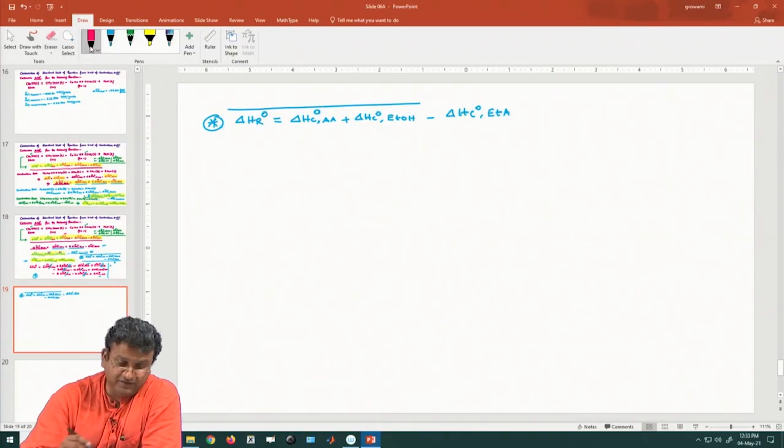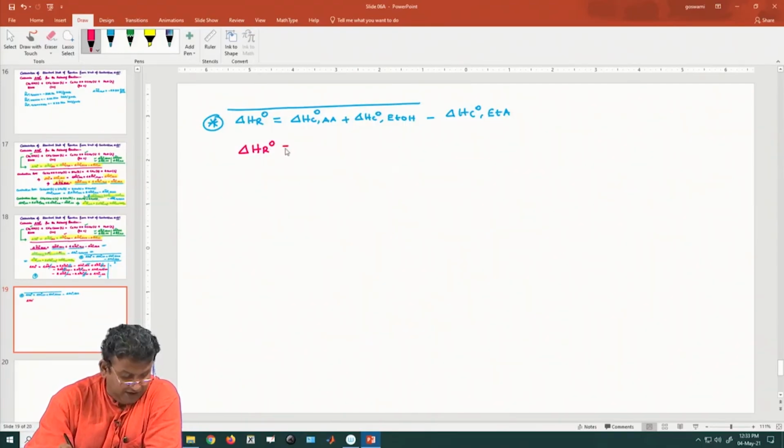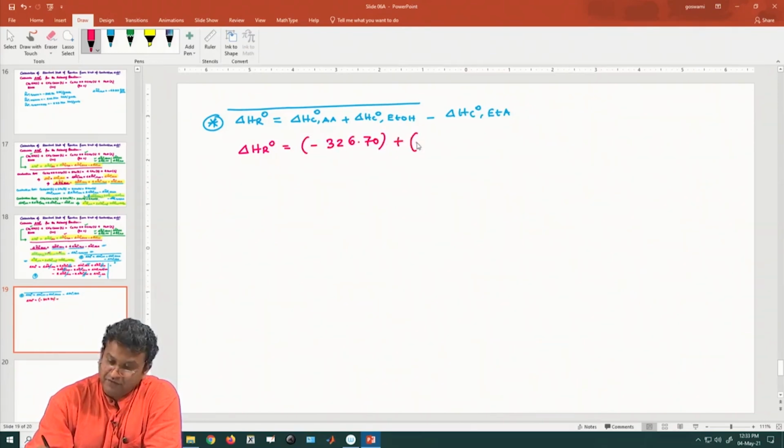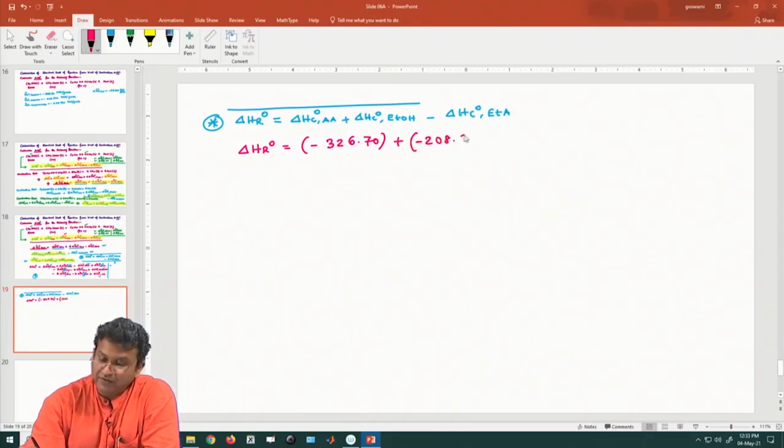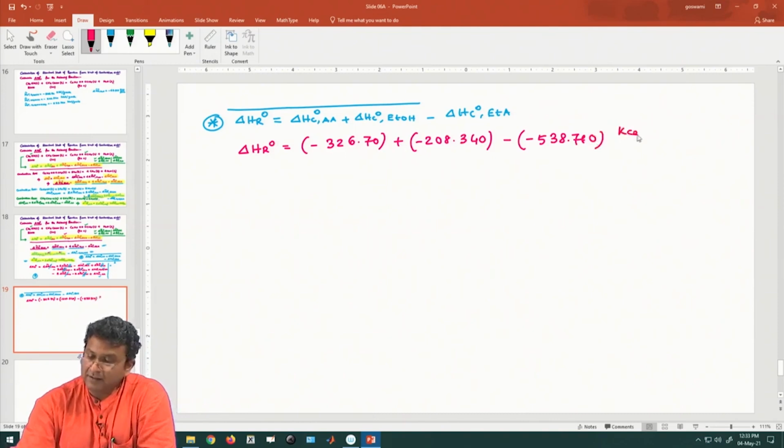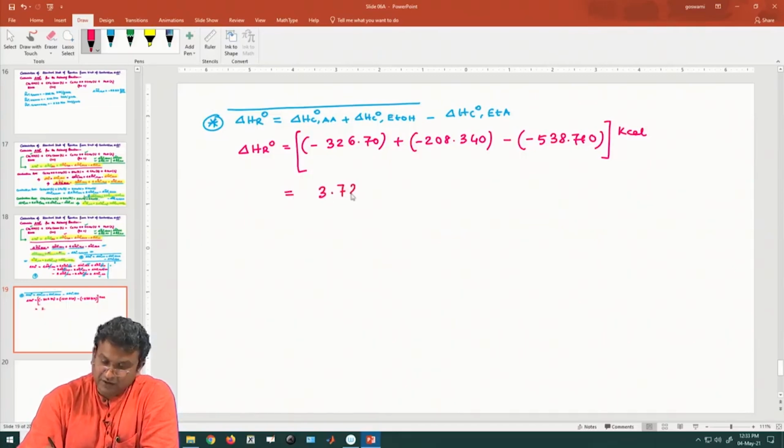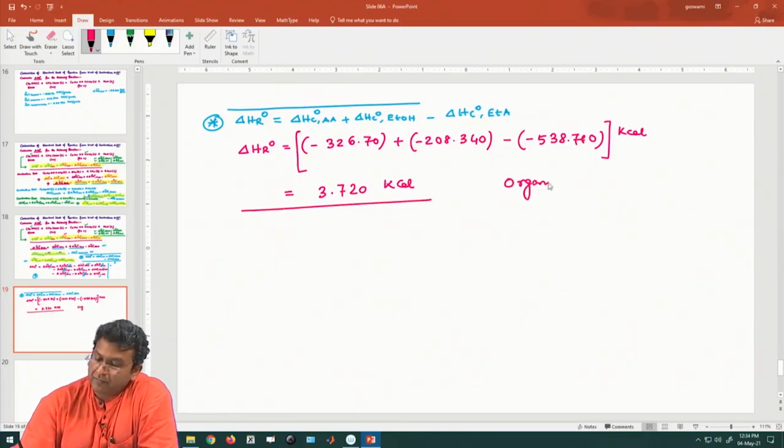So, here if you plug in these numbers, the data we have in the previous slide, the heat of reaction turns out to be minus 326.70 plus of minus 208.340 minus of minus 538.760 kilocalorie, and it turns out that it is very small, it is 3.20 kilocalorie. So, typically organic compounds have very low